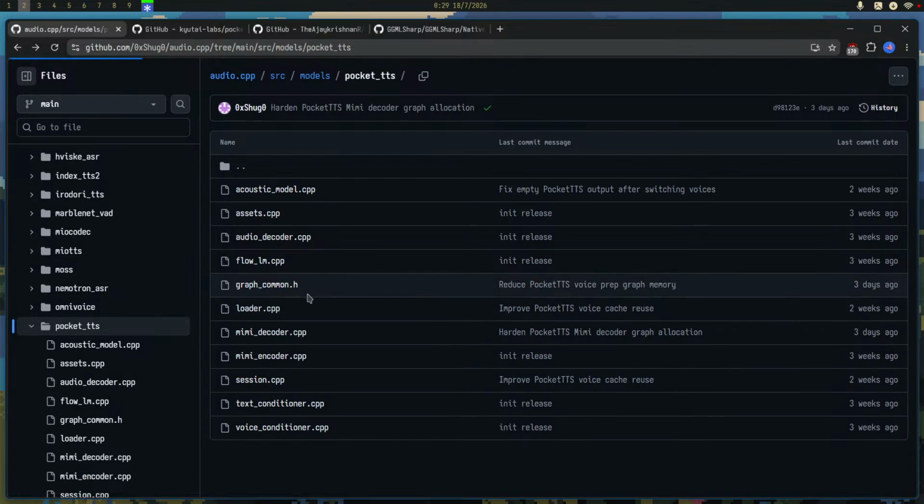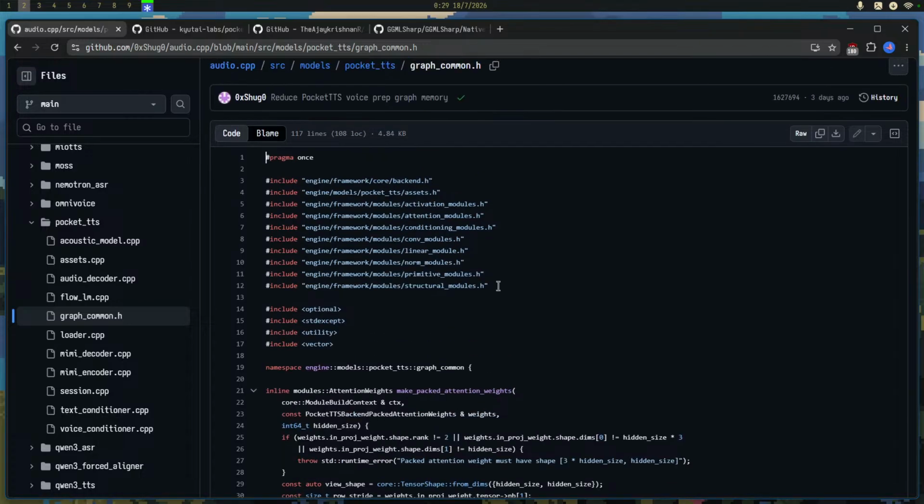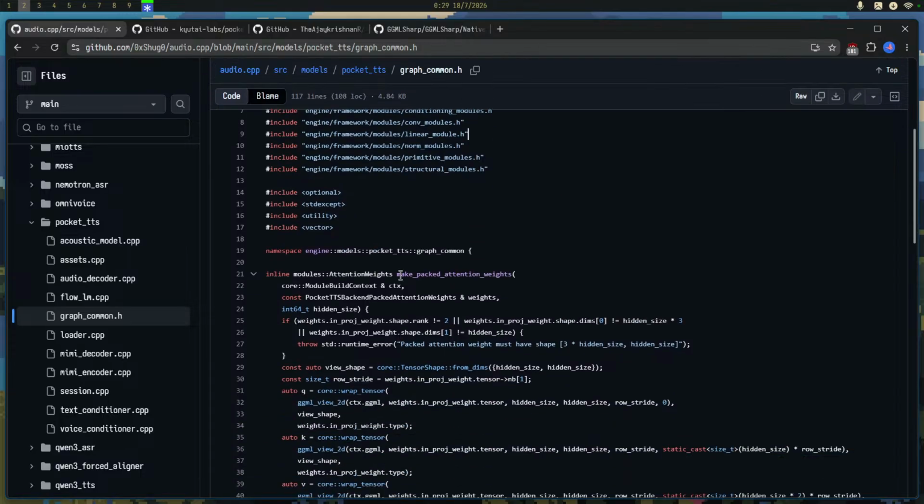Alright, so I think it's all pretty self-contained. Yeah. Wait a minute. So I guess I think I'll have to basically rewrite the entire thing because